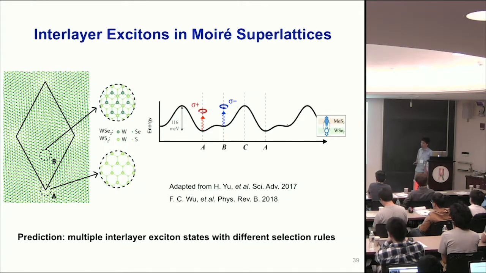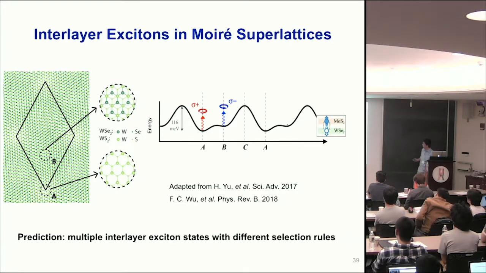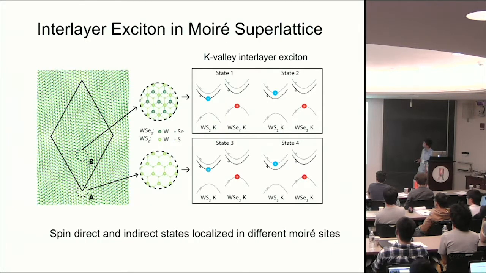So the theory predicted that different stacking order will give you a different energy landscape. In particular, there will be two low energy exciton states, one sitting at the A point and one sitting at the B point. So you can indeed have different interlayer excitons sitting at different parts of the Moire superlattice. And there is an even more interesting prediction: all these interlayer excitons sitting at different parts will have different optical selection rules due to